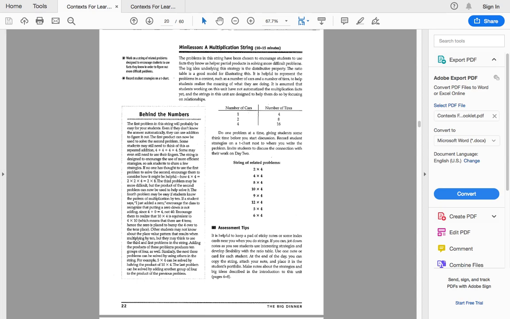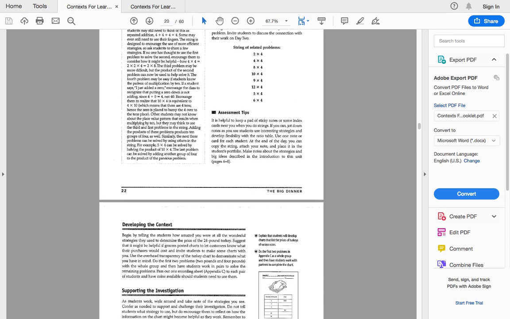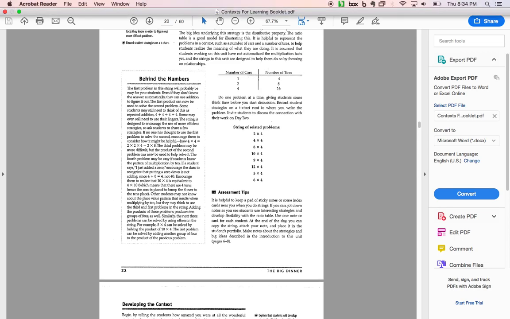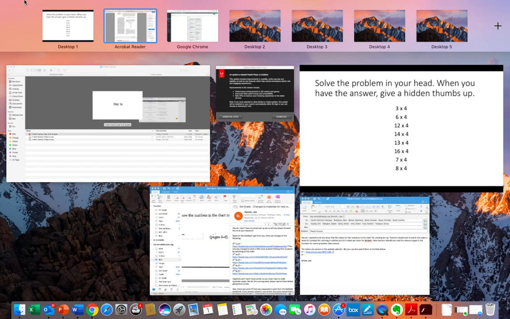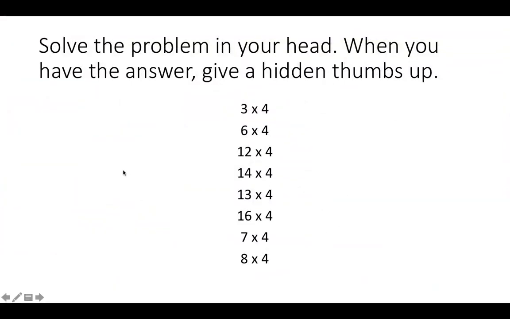So I really encourage you to take the time to read all this. I'm not going to read it for you because I feel like specifically here it's pretty clear. But what I would say is think about whether or not drawing a picture at all would be helpful, because I think here, if I draw 3 times 4,